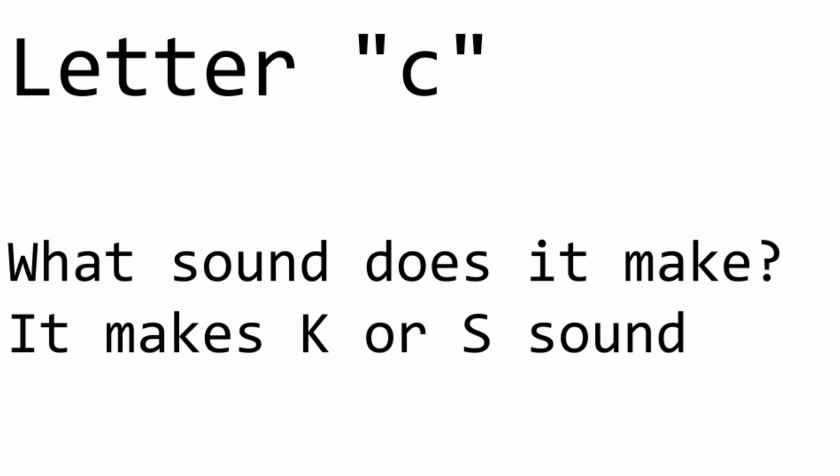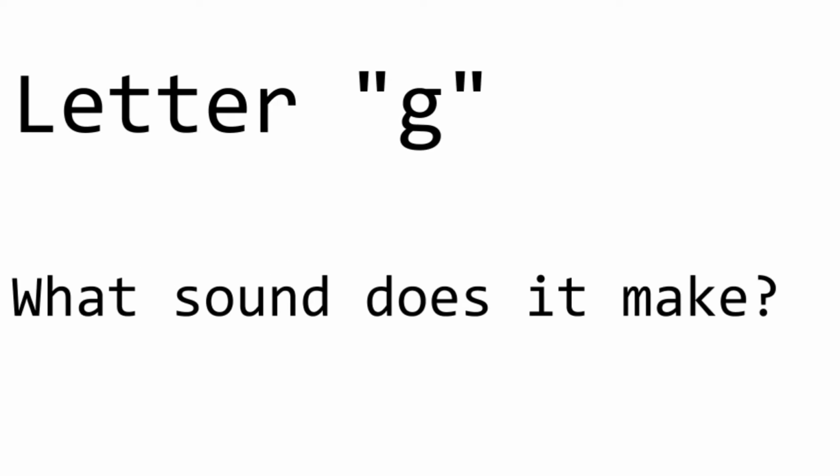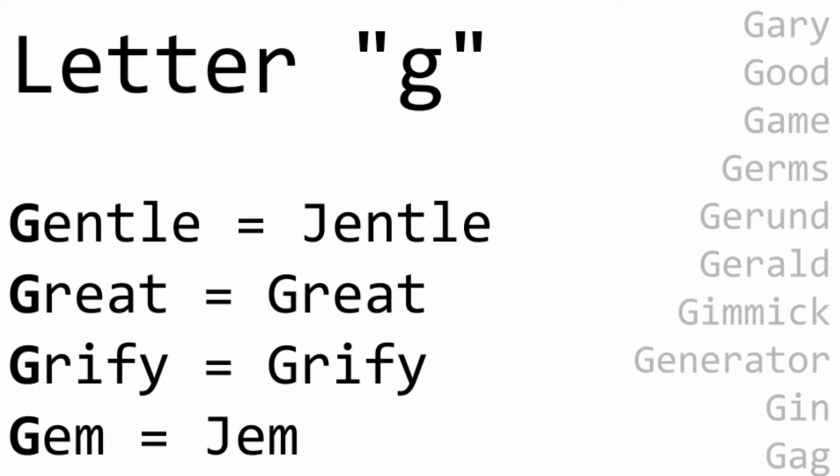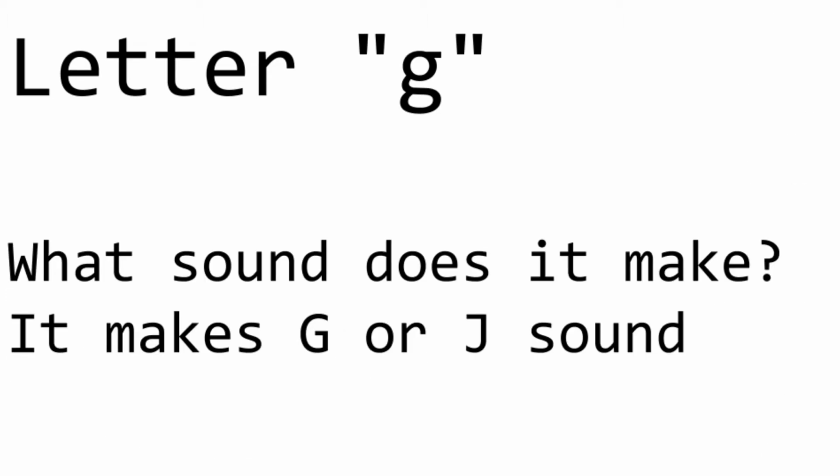Now let's move on to the next one here, G. G for Griffey. Wait a second. Think about that for a second. G for J for G. Why does G make both the J and G sound? Why is G also sometimes a J when we already have the letter J? Think of that. G, J. It's just a different vowel after the J. They're both pronounced the same. Why? Think about that. That doesn't make any sense.